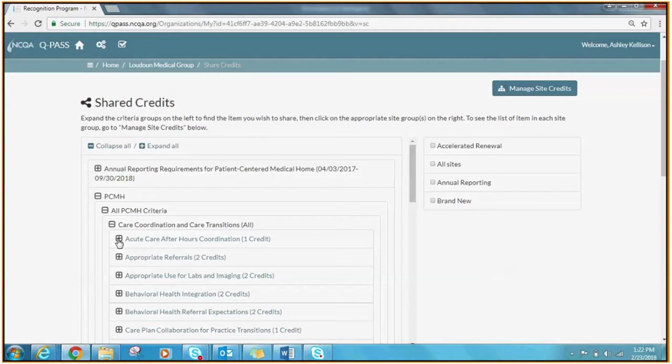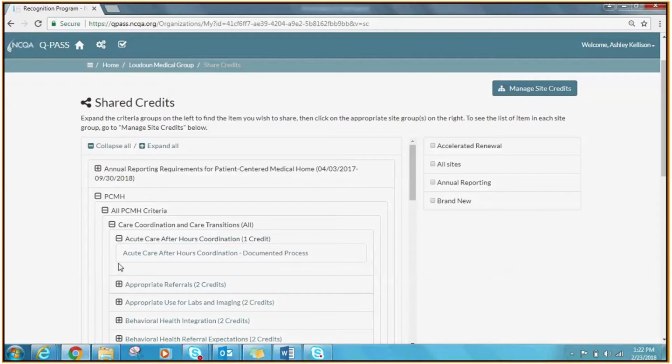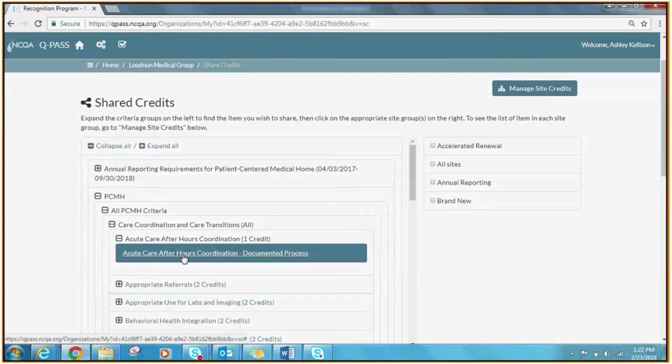So again, if you click on the plus sign next to acute care after hours coordination, it will finally show you the item that's eligible for sharing. If you click on this item, it'll highlight it blue, and then you can select the group that you wish to share it in. The difference between the accelerated renewal and the brand new group versus the annual reporting is